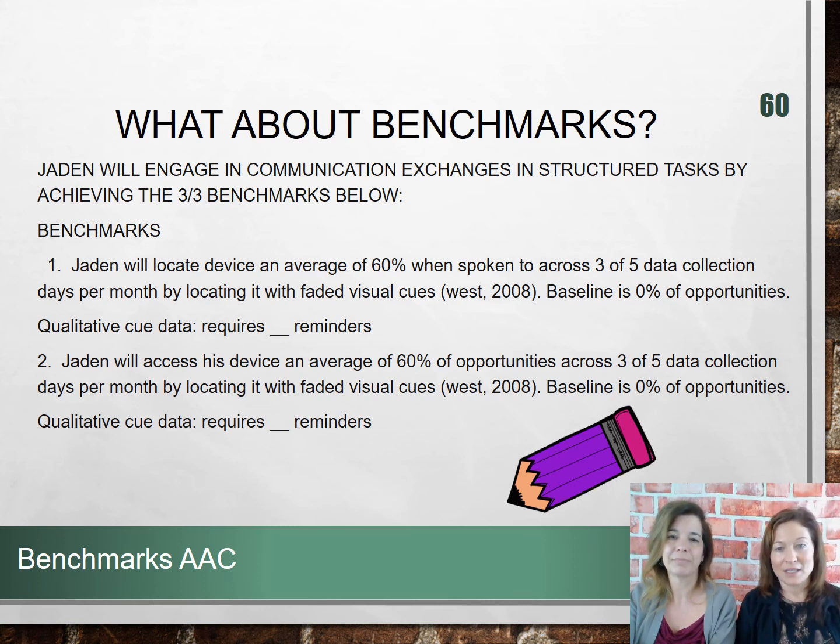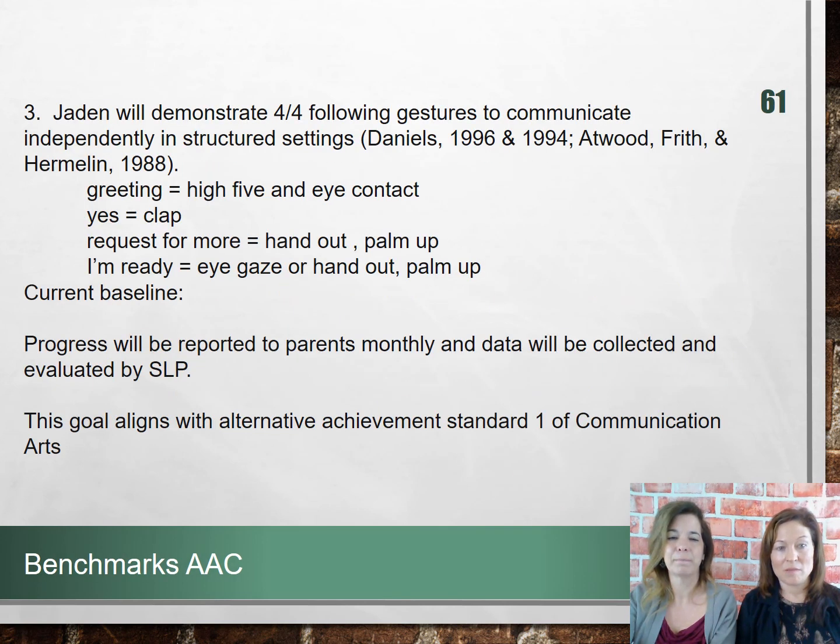All right. So our next one is the same student we were just referring to, and you can see how we've listed out the evidence base here on using some different types of alternative assessment and AAC tied with it. Also, the progress monitoring is reported there, and it talks about how this goal aligns with this district's alternative achievement standard. What's missing? Baseline. Yep. It's going to be hard to know if this child achieved it if the baseline isn't there.